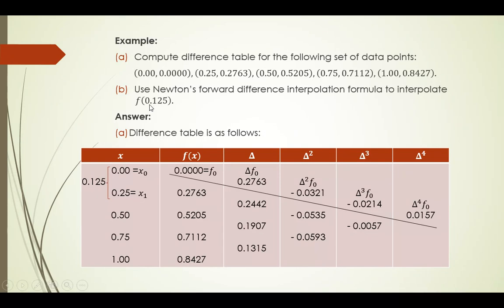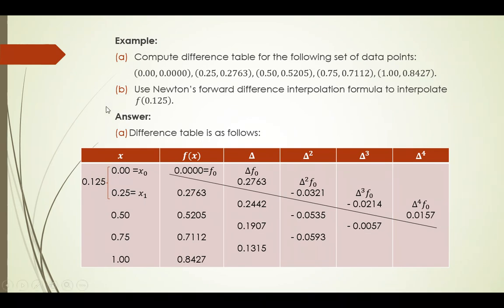So this value of x is xp. This value lies between 0.00 and 0.25. You see that 0.125 lies between 0.00 and 0.25. So above this 0.125, this value will be considered as x naught, and the next value will be considered as x1. This is a very important note,